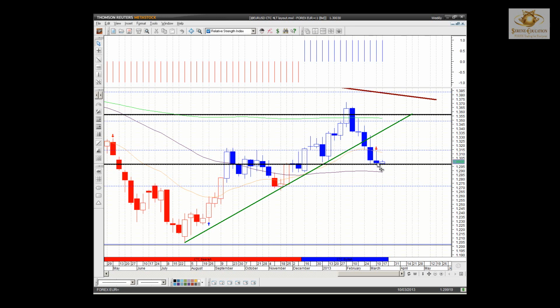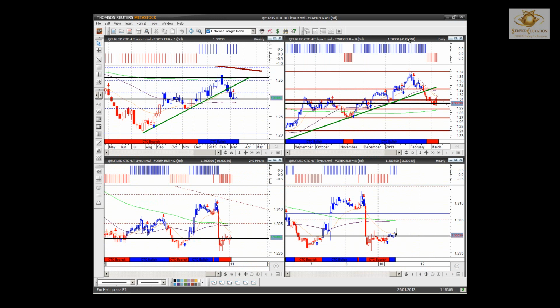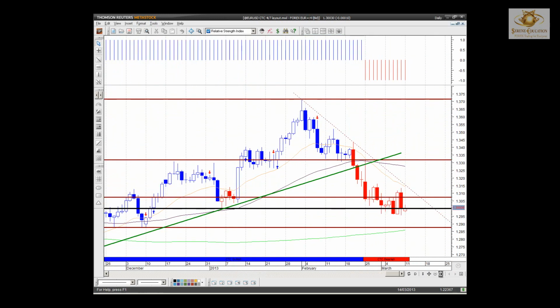You can quite clearly see that price actually found a bit of support through the first part of the week. However, we've seen price actually falling back towards that level. So price on the weekly chart looking very negative and trading at the bottom end of the wick at that 1300. If I show you the daily chart of that particular week, you can quite clearly see how much action